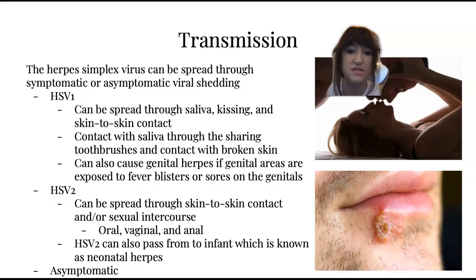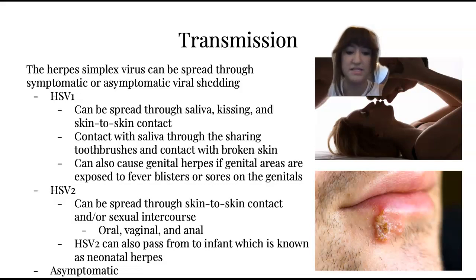Contact with saliva through sharing toothbrushes, and contact with broken skin can also cause HSV1. HSV1 can also cause genital herpes if the genitals are exposed to fever blisters or sores on the mouth or the face